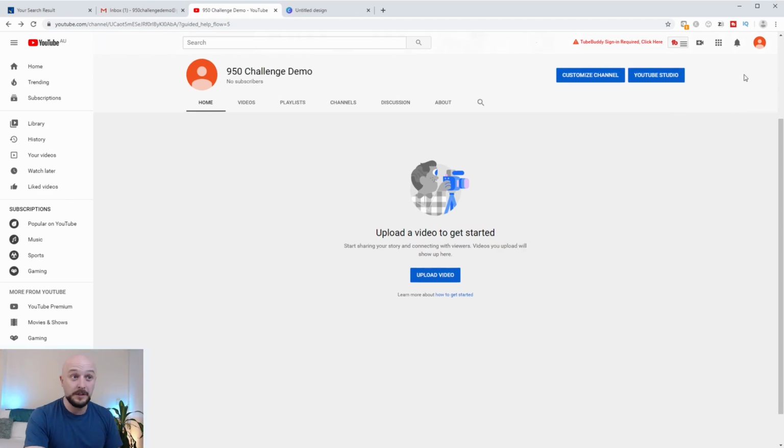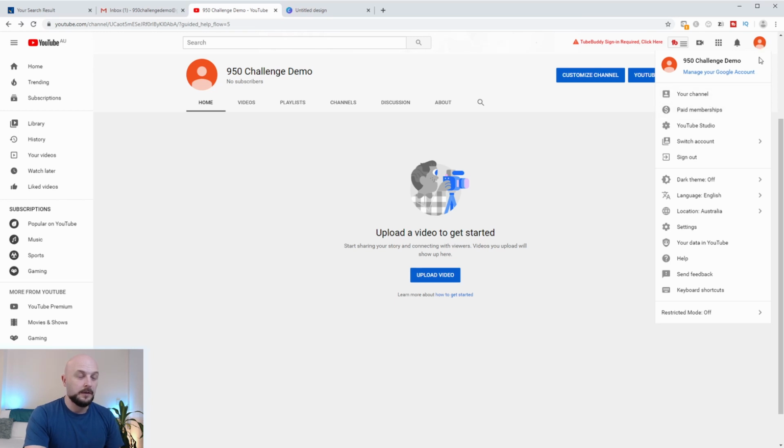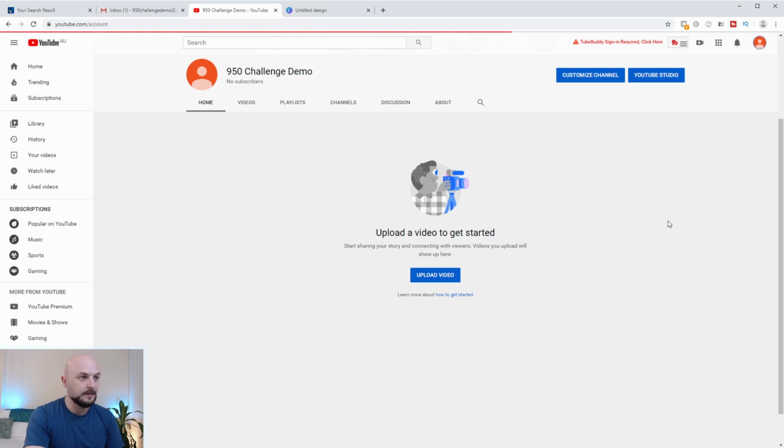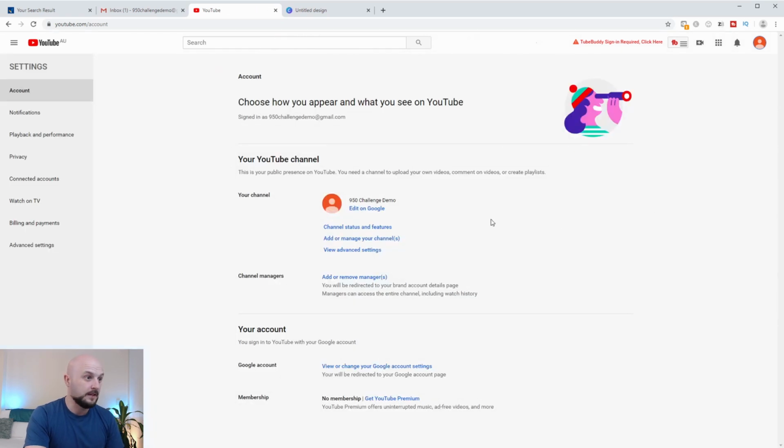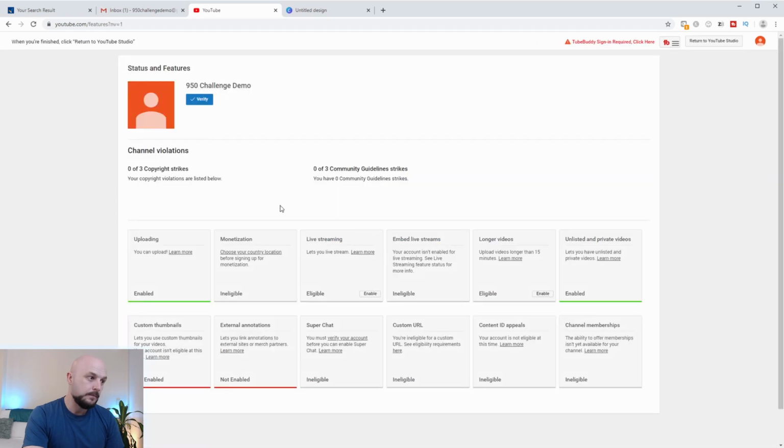But one thing you definitely need to do is come up to this top corner, click on the little profile image, and then go to settings. Now, while you're in your settings, if you go to your channel status and features, you'll see that yes, you can upload videos, but you can't actually upload videos longer than 15 minutes. And you can't add custom thumbnails or external annotations. So what you need to do is verify your account. So just click on verify up here,